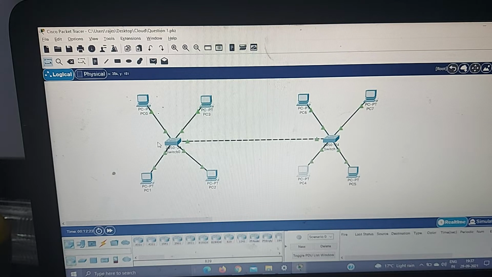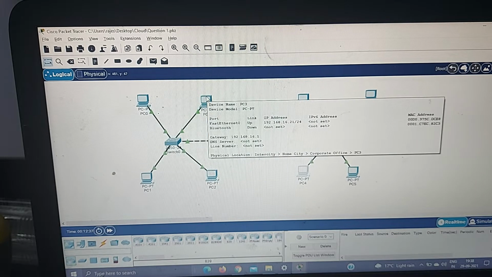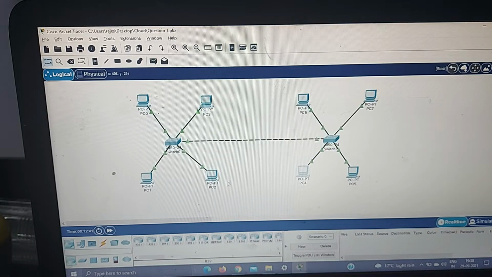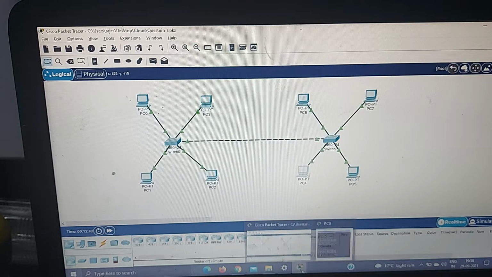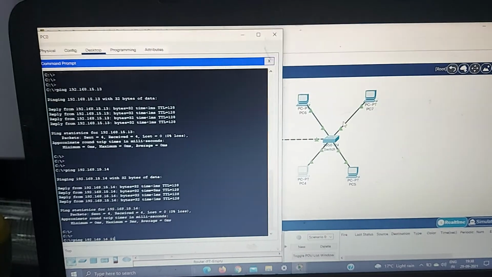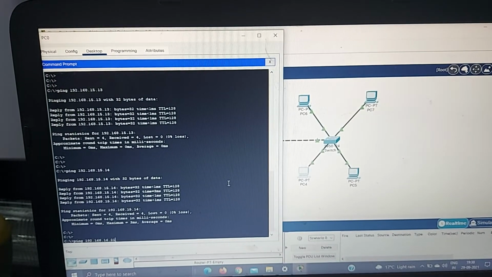But as I have used a switch with the L2 feature only, I will not be able to communicate from VLAN 10 to VLAN 11. I will show you that this PC belongs to the same switch and has the IP 16.21, and I will show that I will not be able to ping it.